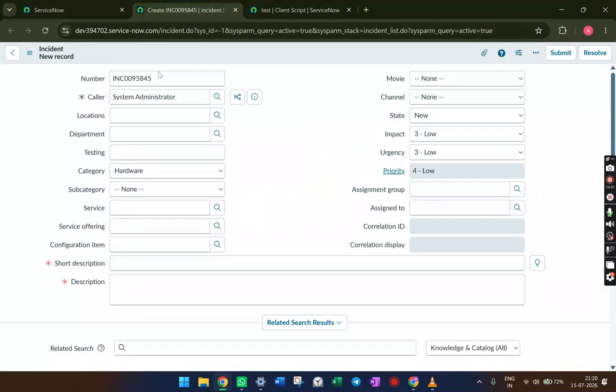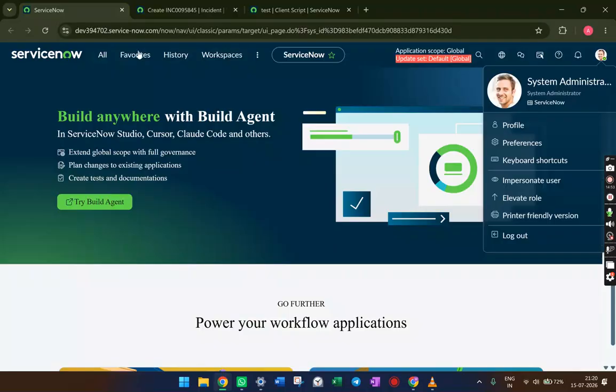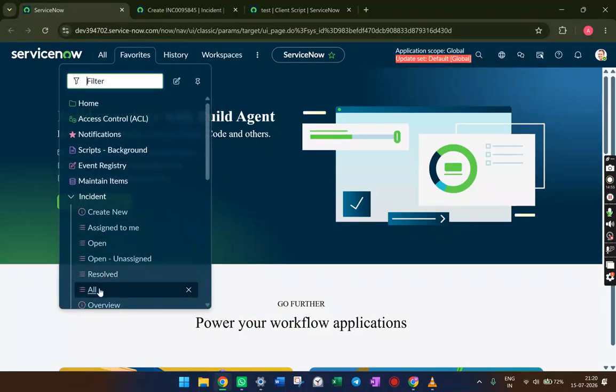This caller ID we want to set as system administrator, because if you go to an existing record, if I open some existing record,